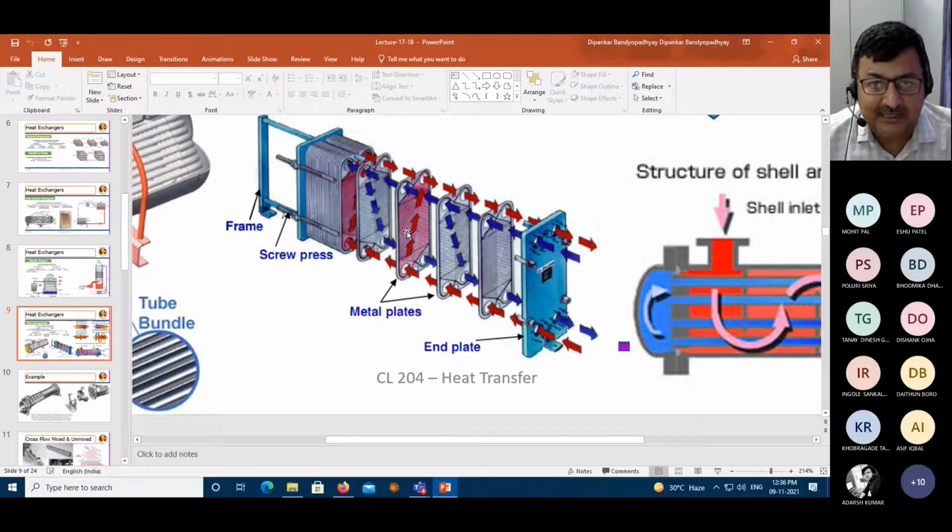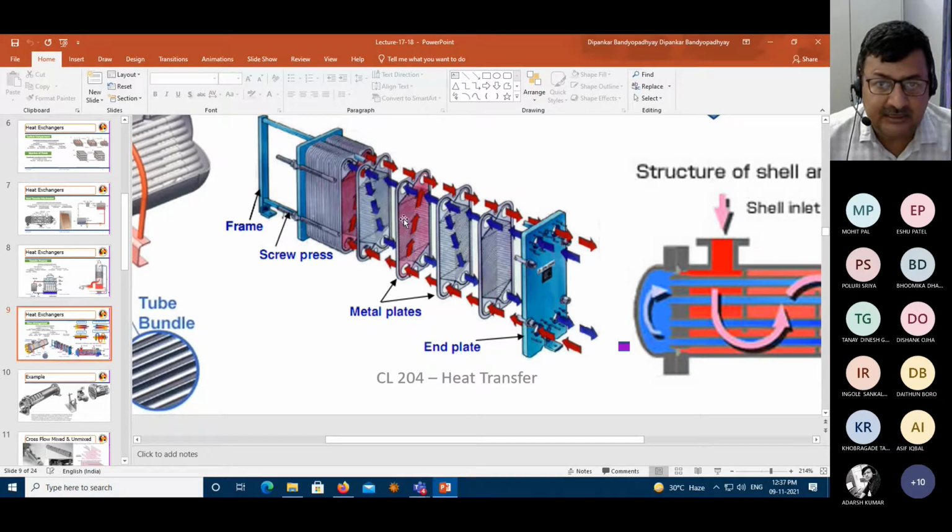Through these veins, it is being distributed in all the hot plates, and the veins are designed in such a manner that when I make it compact, it will first flood the entire in-between place, and then it will go out from here, right? And going out from here means it is coming back from the other side. Whereas if you look at the cold side, what is happening? Suppose the cold fluid is entering here. So it is getting flooded all across.